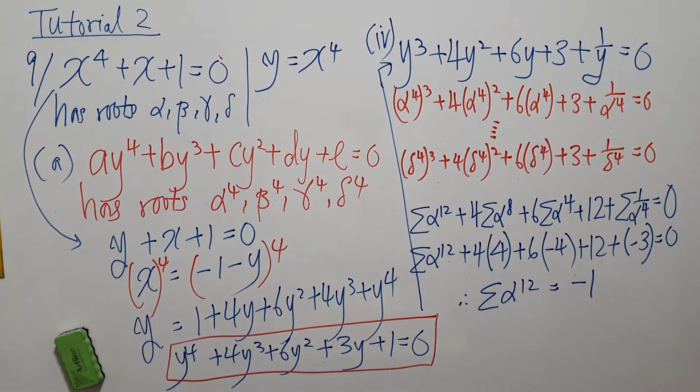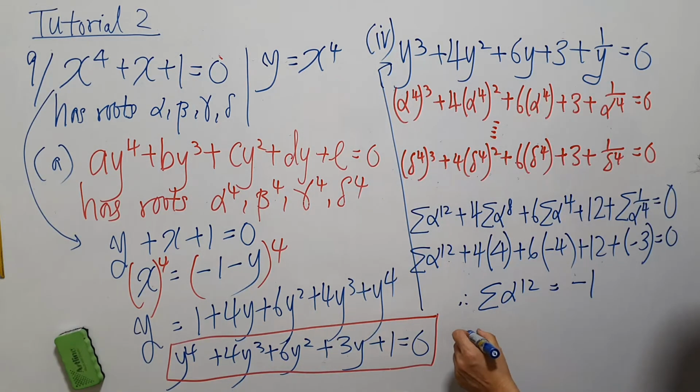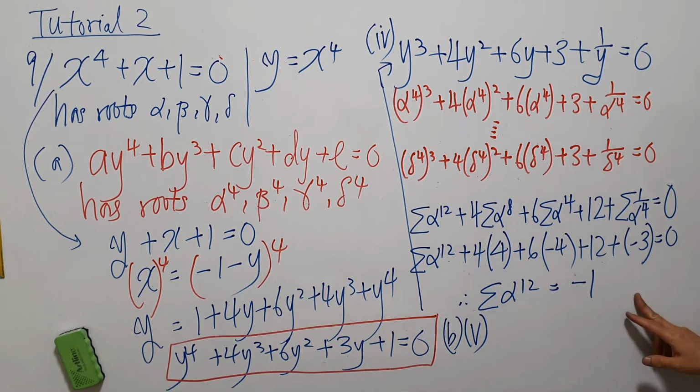Okay, to find the summation of alpha power 16, for 9b part 5. Are you ready? I'm going to do number 9b part 5. Just be sure that you can see. Any question for 9b part 4 first? Okay, to do 9b part 5, what's going to happen is,